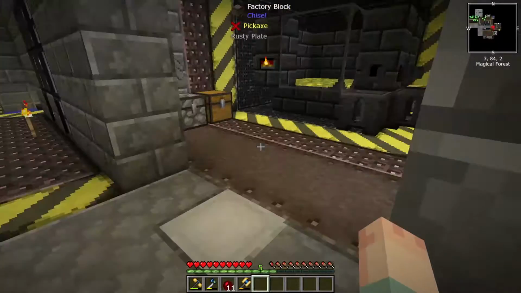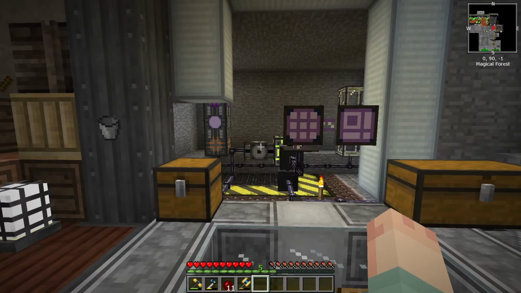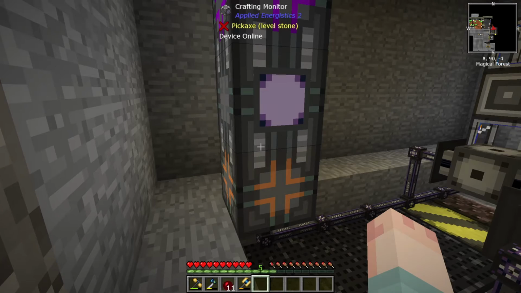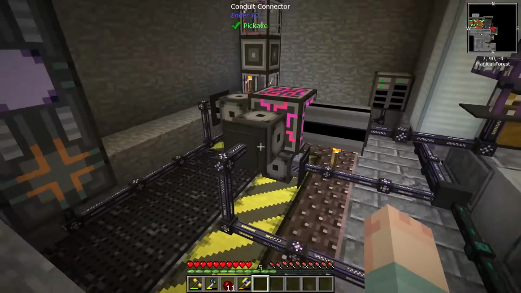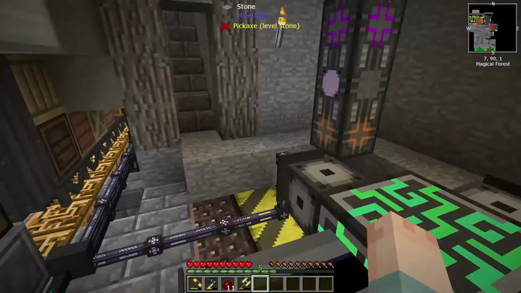So in between episodes, let's see, what did I do? I basically tore this out and kind of reset everything back up. I watched a few videos on Applied Energetics 2, trying to understand how this works. I am not sure if I completely understood things correctly, but I did my best to try and organize things